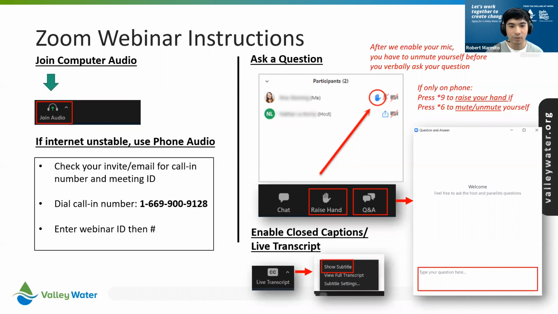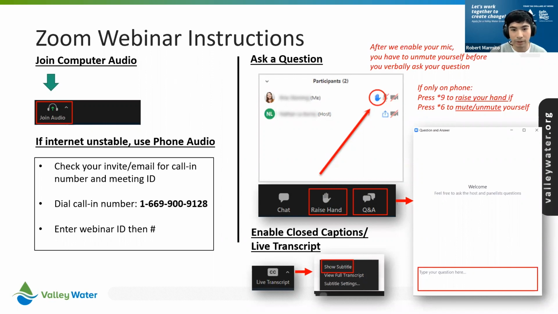As an attendee to this webinar, you'll be able to listen in with your computer audio. Alternatively, you could also call in using the above number and the webinar ID associated with this meeting. This is recommended if your internet feed is unstable. As an attendee, you will not see the option to turn on your camera. Later on, there will be a question and answer session.